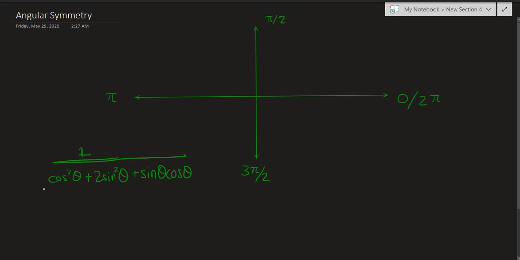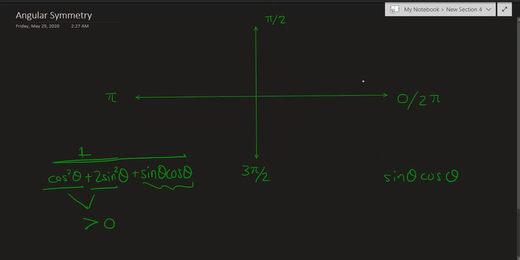Now notice that these square terms are always going to be greater than 0, right? Because a square is always positive. The square of even a negative number is a positive number. I hope you know that fact. So we only need to care about this part, sine theta cosine theta, that we actually need to worry about.